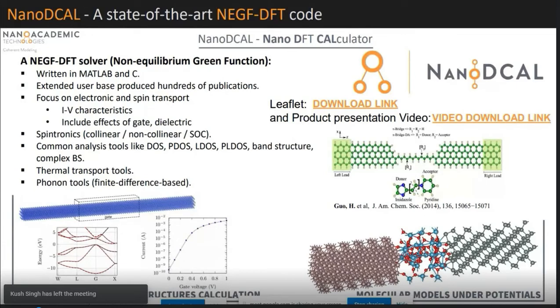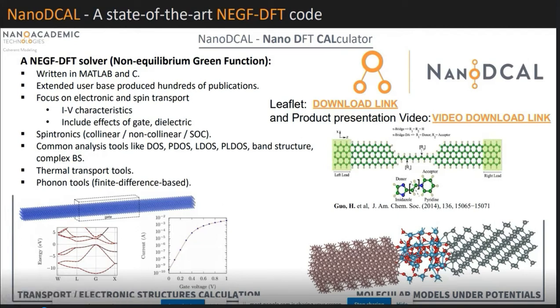So we have MATLAB, C, and Python, all combinations, which are used in many of the publications you can find on Google Scholar. Its main focus is electronic and spin transport calculations, IV characteristics calculations, including the effect of gate, dielectric constants, two-terminal, three-terminal, four-probe and six-probe device structures, spintronics, collinear, non-collinear, and spin-orbit couplings,